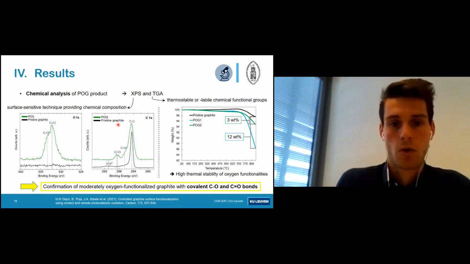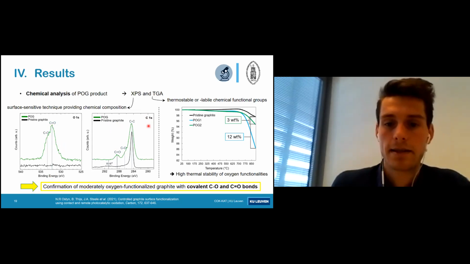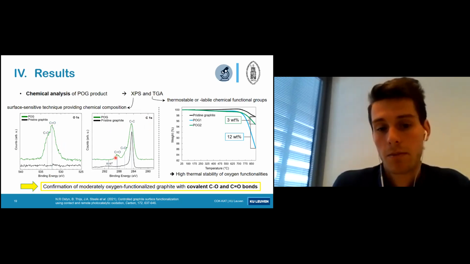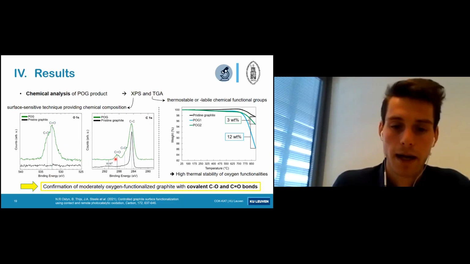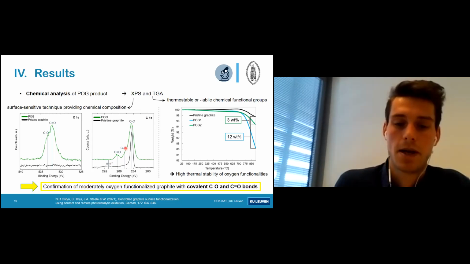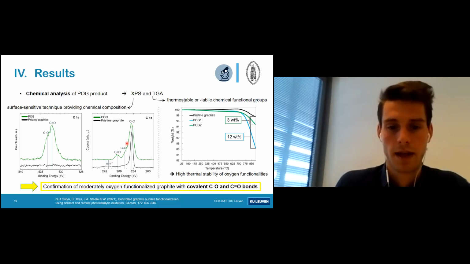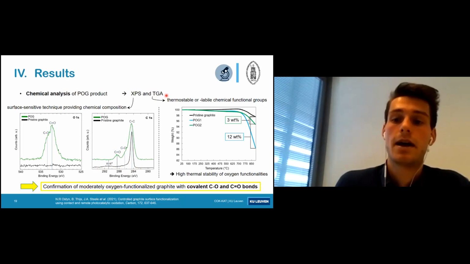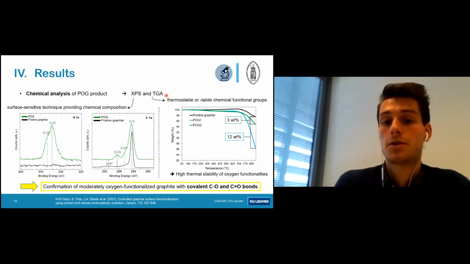This is also represented in the C1s XPS spectrum, which shows here carbon-oxygen double bonding by this peak, and also C-O single bonding by the shoulder, which is more present than in the reference spectrum of natural pristine graphite. Also, chemical analysis is provided by TGA, which shows the thermal stability or lability